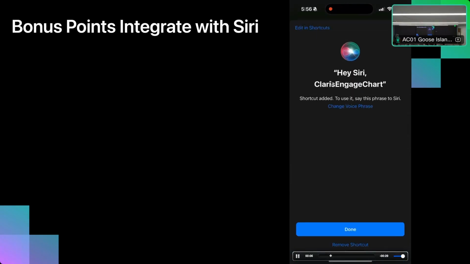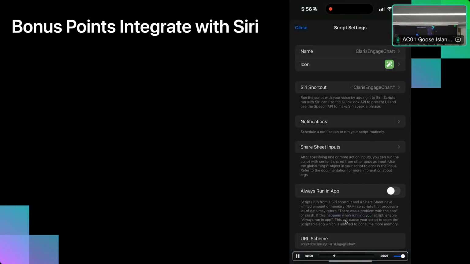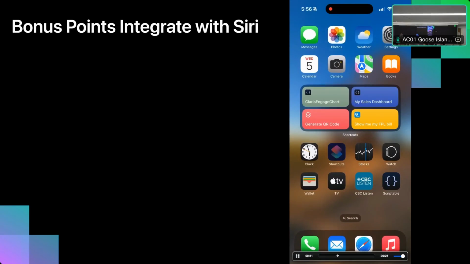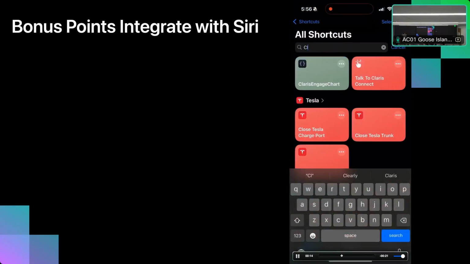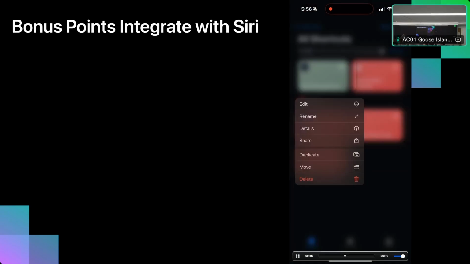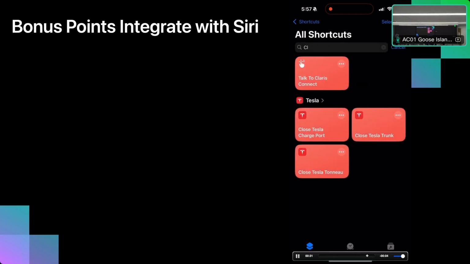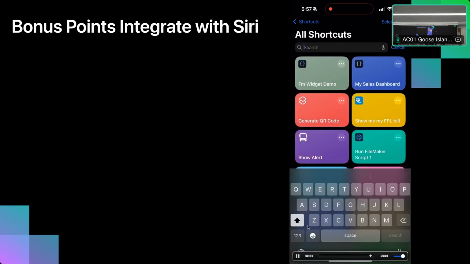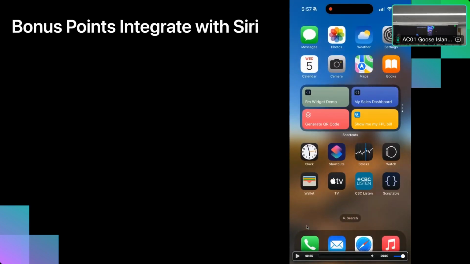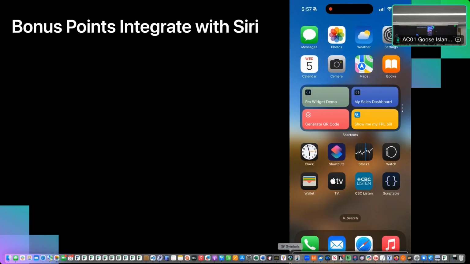And this is where you say add to Siri. And when you add it to Siri, it basically takes the name of your JavaScript file, creates a shortcut with that name, and then you can go to Shortcuts and rename it to something that is a little bit more meaningful for you to activate it with your voice. In this case, I'll call it FM Widget Demo. And once I do that, now that widget is available to be invoked via Siri. So I can invoke Siri and I can call that thing to run.